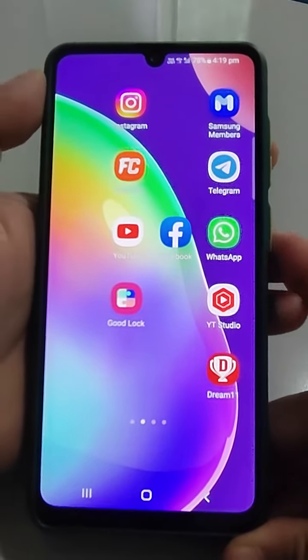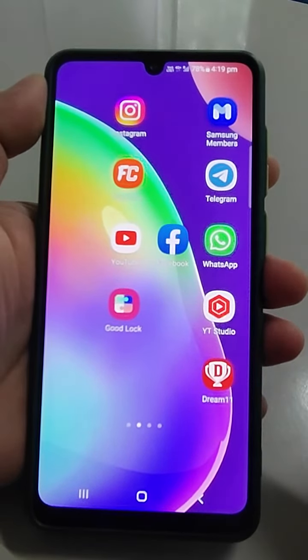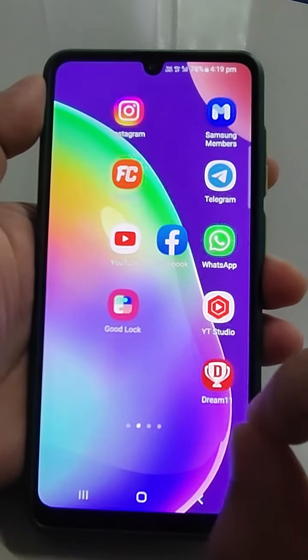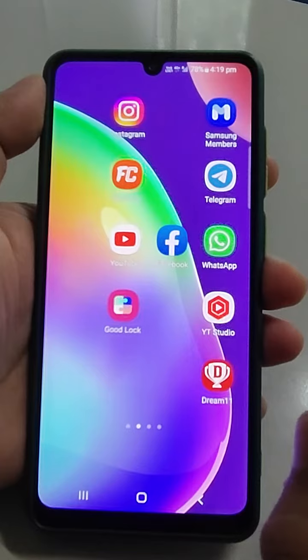Welcome back guys, and in this video I am going to tell you how you send your WhatsApp detail in QR code format. Means if you want to send your WhatsApp detail in QR code format, how will you do